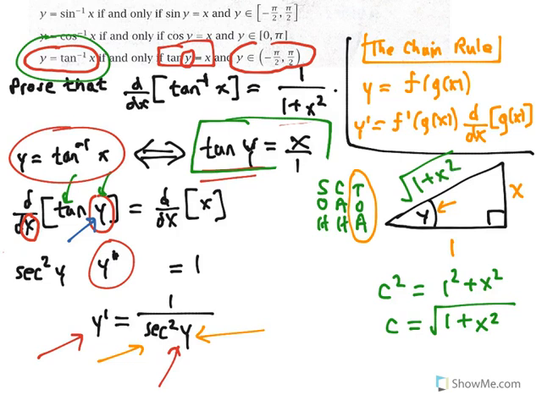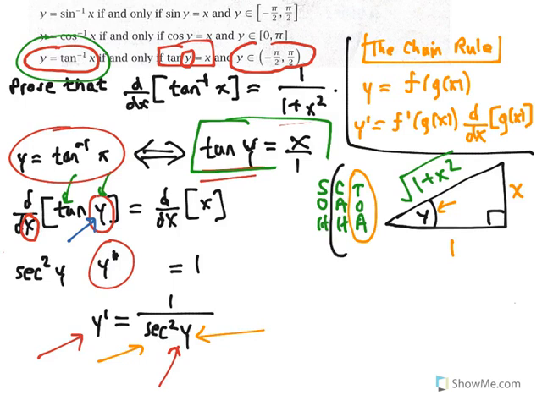And what is secant of y? Secant is the reciprocal of cosine. So if cosine is adjacent over hypotenuse, then secant is hypotenuse over adjacent. So secant of y is, looking at the right triangle, the ratio of the length of the hypotenuse to the length of the adjacent side. So secant of y is the square root of 1 plus x squared,